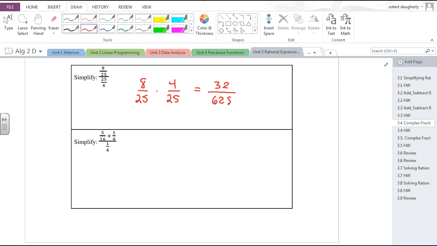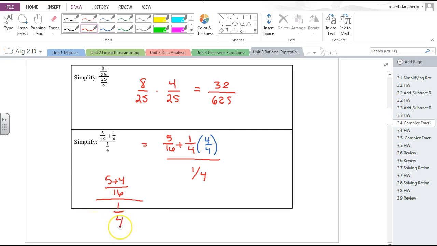Okay, so in order to get one fraction divided by one fraction, I've got to do something in the numerator, which is addition. So I'm going to have to write this as 5/16 plus, what's the common denominator between 4 and 16? 16. So this needs to be multiplied by 4/4. Okay. So I'm going to have 5/16. So this turns into what? 5 plus 4/16 divided by 1/4. So what's 5 plus 4? 9. So this is 9/16